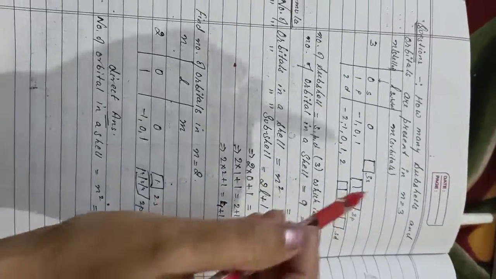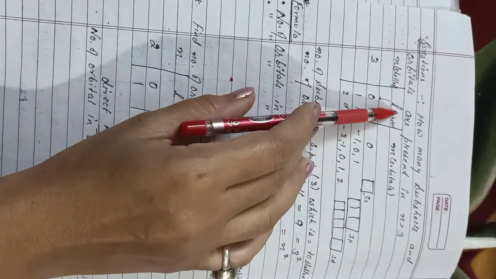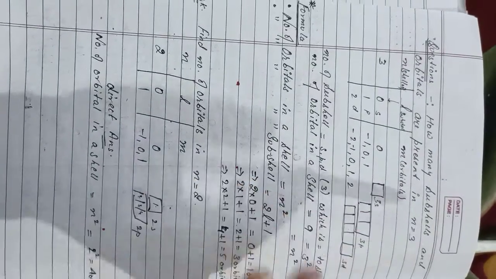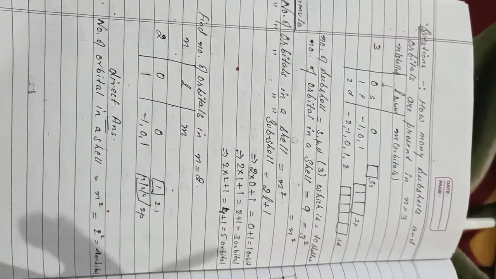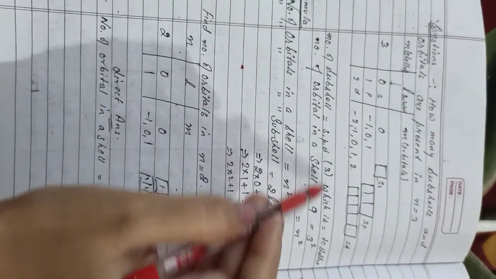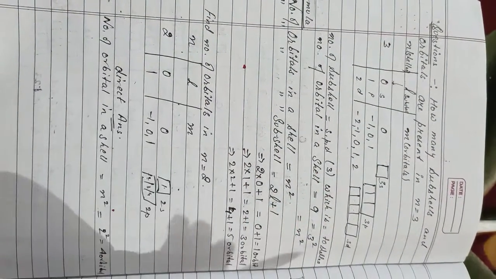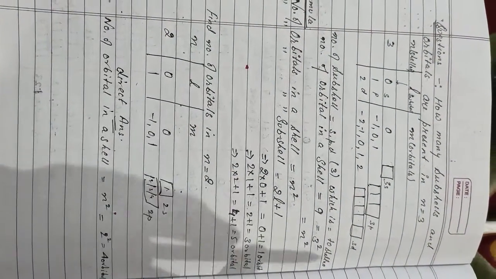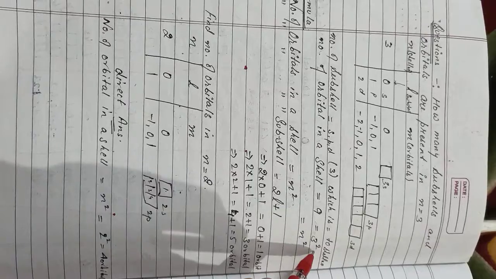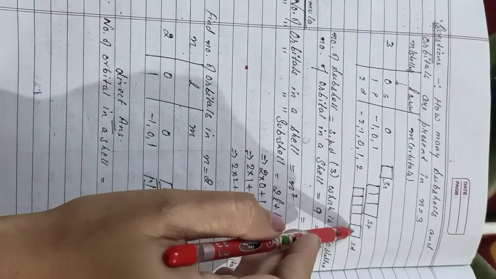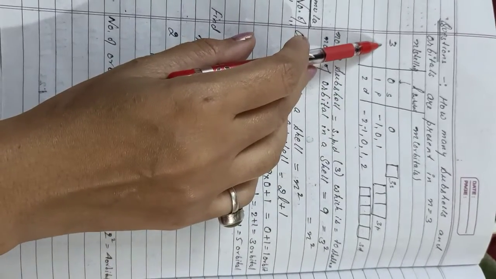Now, today, let's see what I have given in the class. We have completed the questions. How many subshells and orbitals are present in n equals 3? Now beta, a very easy one: the number of orbitals is n square. Here they are asking 3, it means 3 square, which is 9. Directly it will also come. But as we are doing with the table, n is 3.